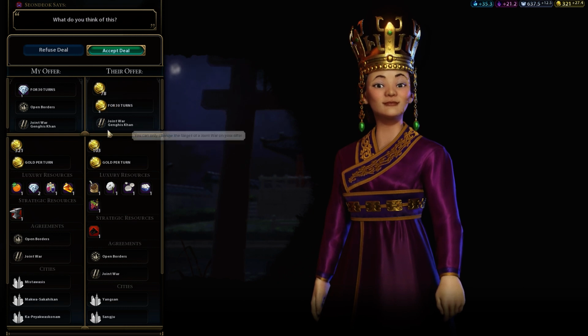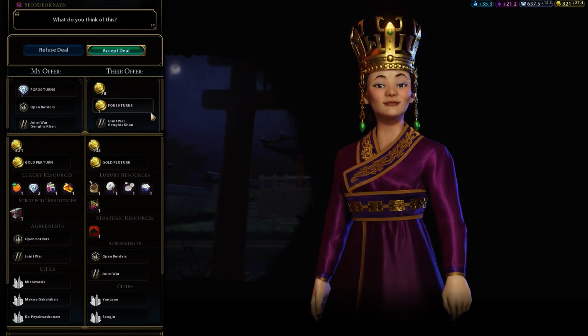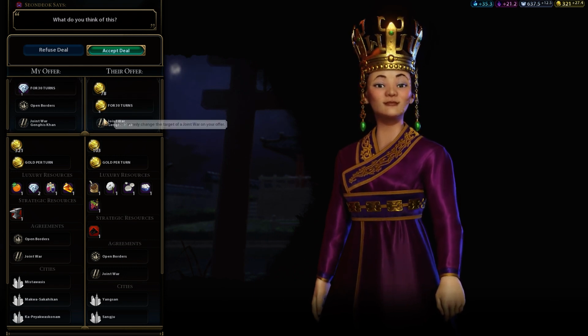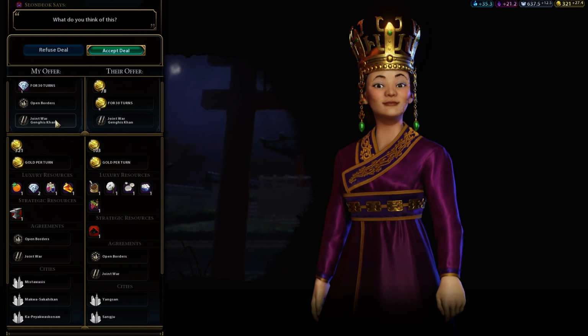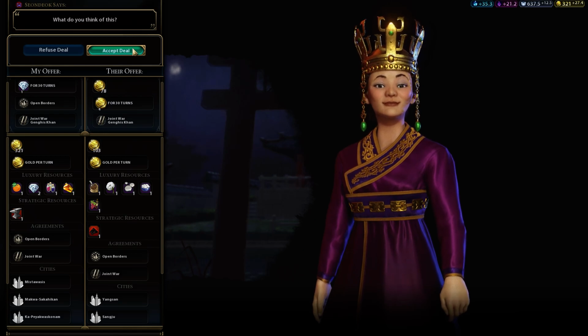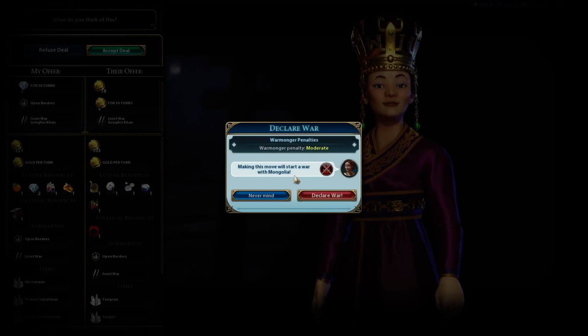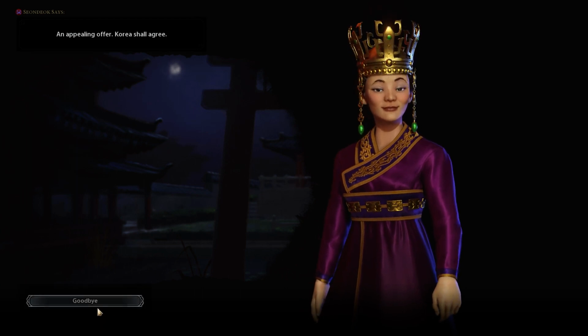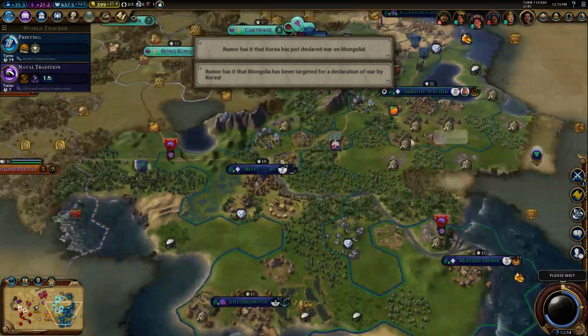Oh, okay, I'm actually not getting paid for the joint war, because she's really just paying me for the diamonds. But I want to encourage wars between the AIs, and Genghis Khan is a million miles away from me and probably can't hurt me, although he'll probably kill the scout, but that's okay. I accept your deal. Warmonger penalty is moderate. Okay. So some people might not like us as much, but...